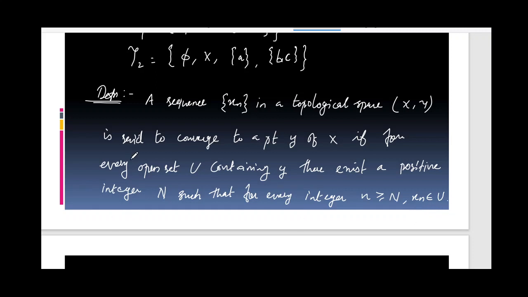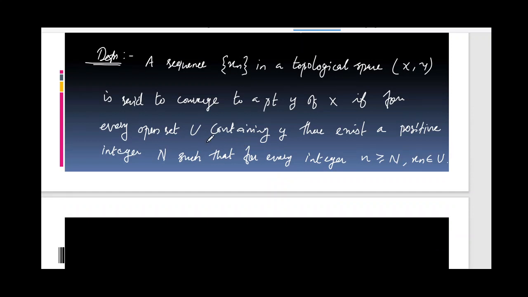A sequence Xn in a topological space (X, T) is said to converge to a point y of X if for every open set U containing y there exists a positive integer N such that for every integer n greater than or equal to N, Xn belongs to U. That means